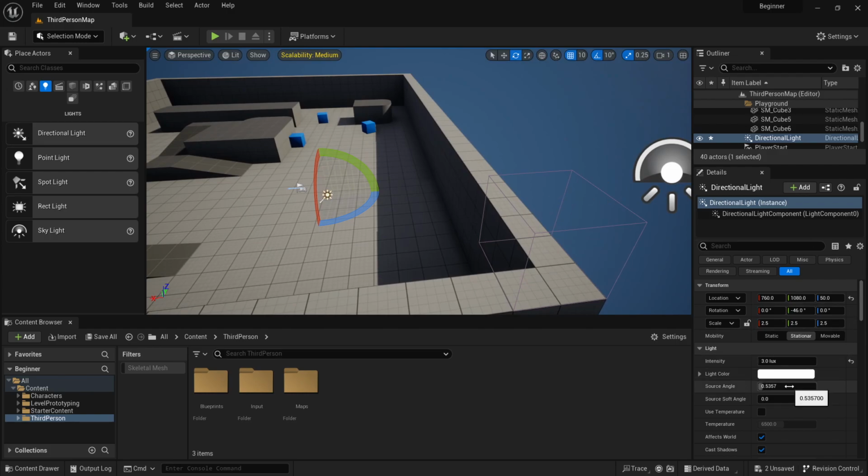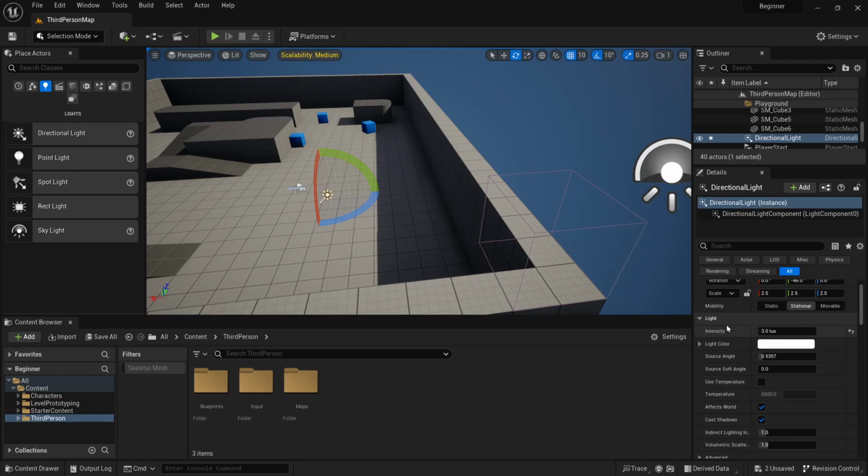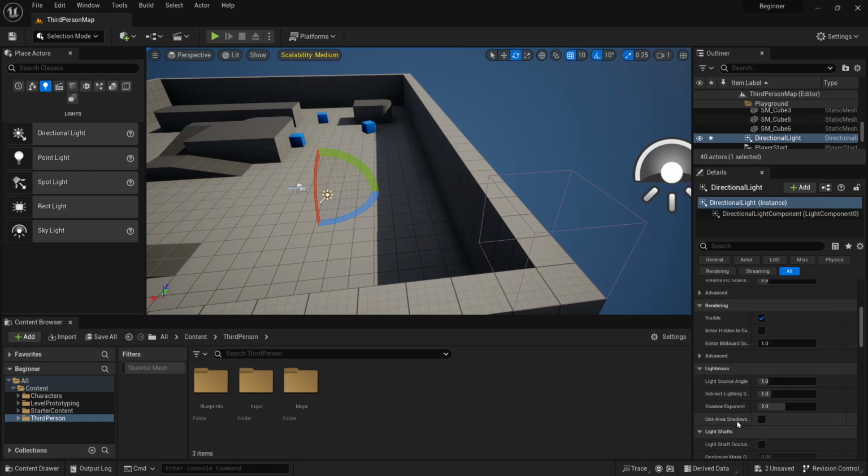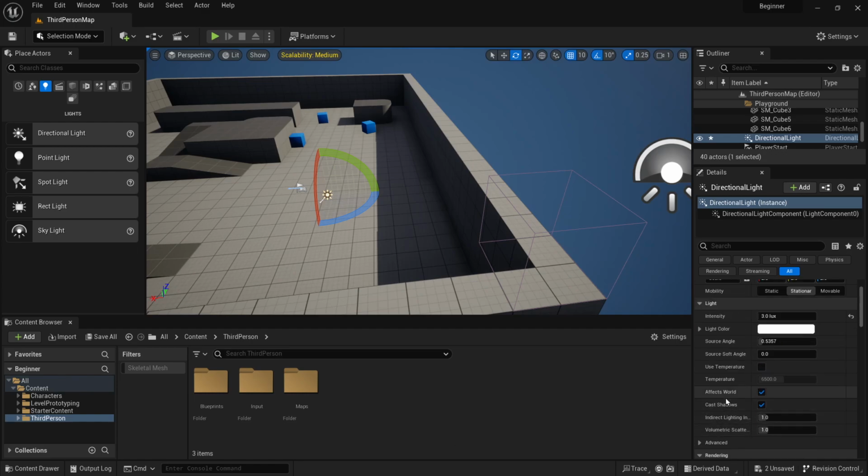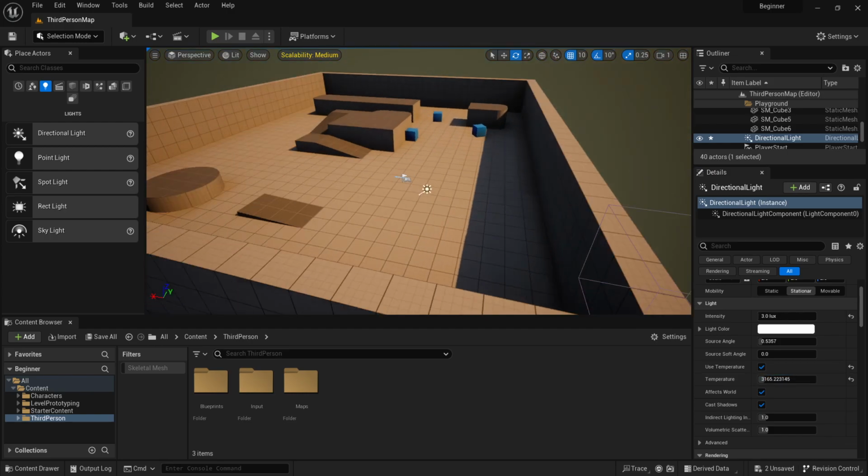Source angle is just, I'm not really sure, something about where the actual sun sits. You can hover over any one of these things to get a little bit more info about it. I'm mainly going to be talking about the ones I actually use, because anything else I don't really know too much about. There's a lot of settings that they have access to here, but you don't really use them too terribly much. Here, this use temperature, this can affect how hot or cold, or warm or cold